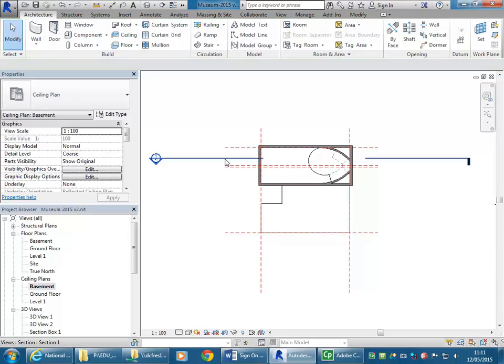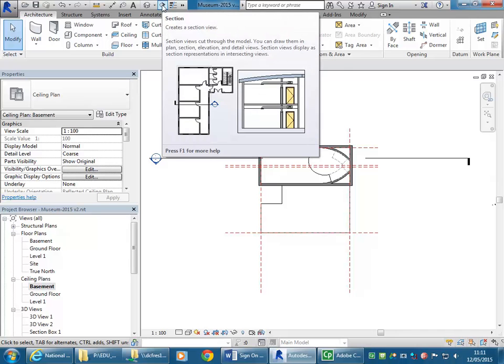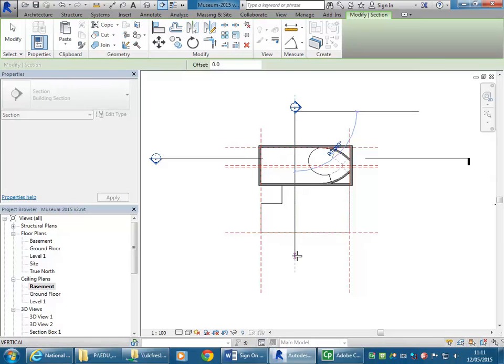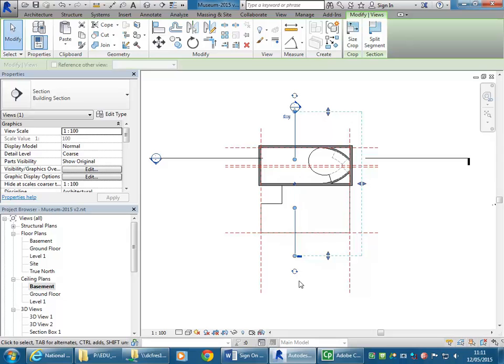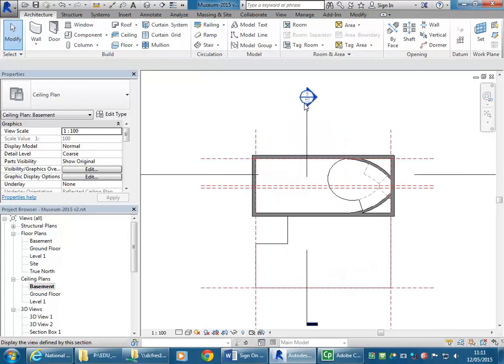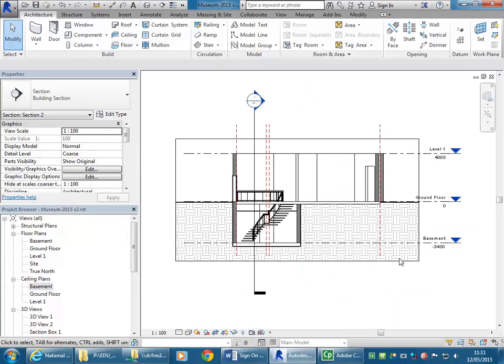So if you don't have one like mine, you can always draw in a new section on the quick access toolbar at the top. You'll see you've got the section tool, and it's a simple thing to draw a section that will go through. I'm going to do mine going the other way. So if you're not already making your own sections, you should be doing that, and they're a very useful view for lots of things. So now I can go to either section view, and I can see then my ceiling